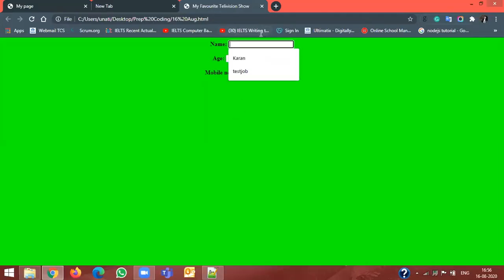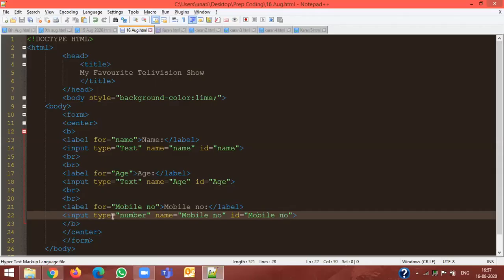Very good. So you have written one more also. Yeah, I've done the background also. Very nice. And I've aligned it in center. And I've put one thing: we can only type numbers in this one. We cannot type alphabets. If I'm typing F, it's not coming, and if I'm typing numbers, it's coming. And how have you done that? Just show me. I have put input type number. Okay, very good.